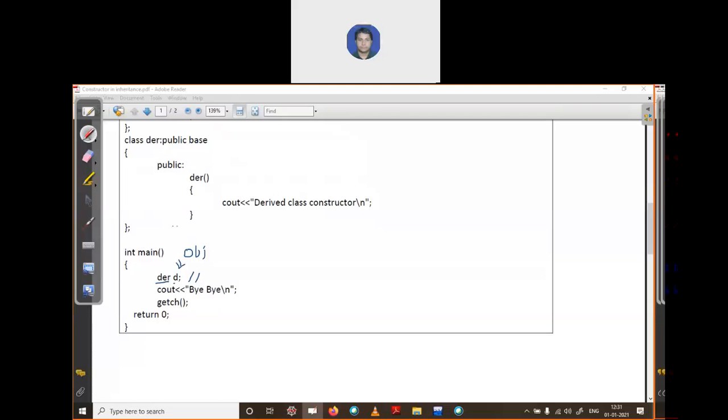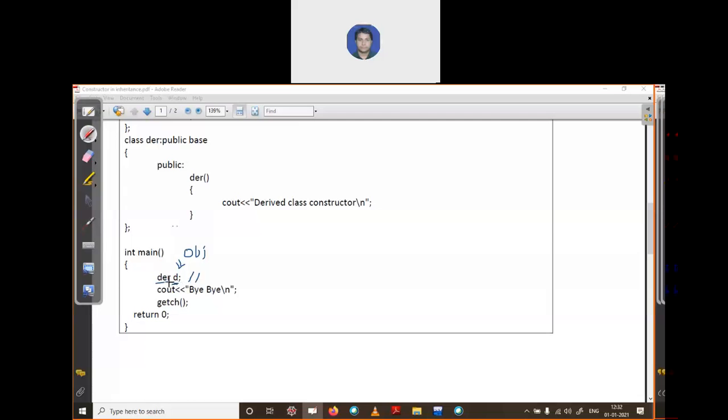Der is a class and d is the object of that class. Again, recall the concept of constructor: whenever you create an object of a class, its default constructor is automatically called.